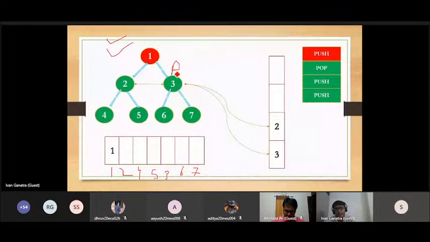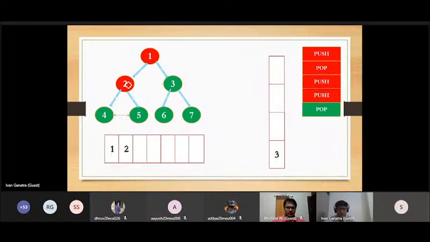Why have we added the right one into the stack first and the left one after it? Because we have to print the left subtree first. For printing the left subtree first, we have to keep it at the top of the stack. So for keeping it at the top, we first add the right subtree into the stack, and then the left subtree. What we have performed here is a pop operation, which prints 1, and then 2 push operations, which add the right element and the left element to the stack. After adding 3 and 2, the next operation we will be performing is